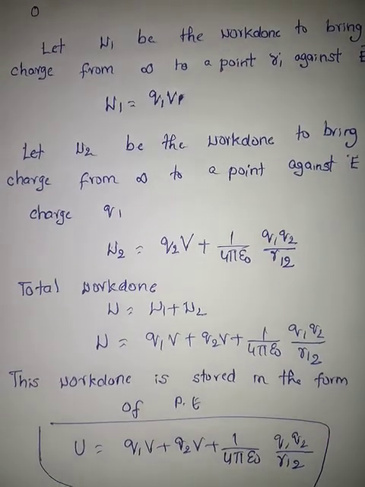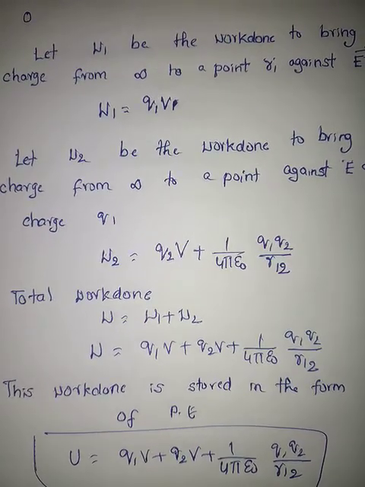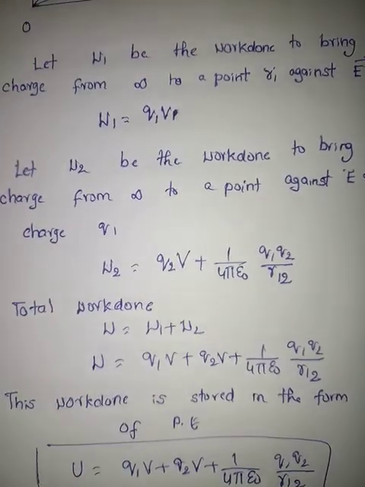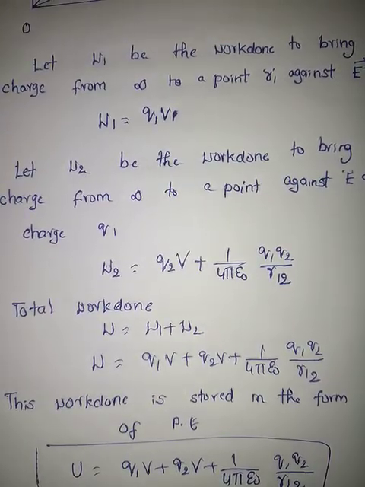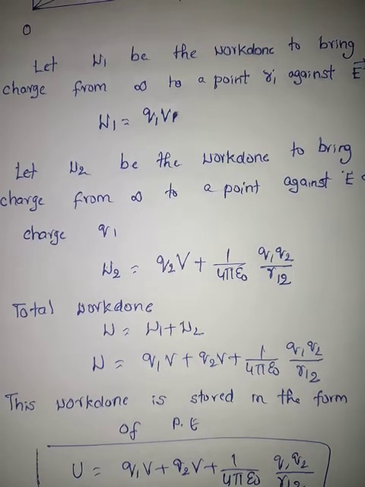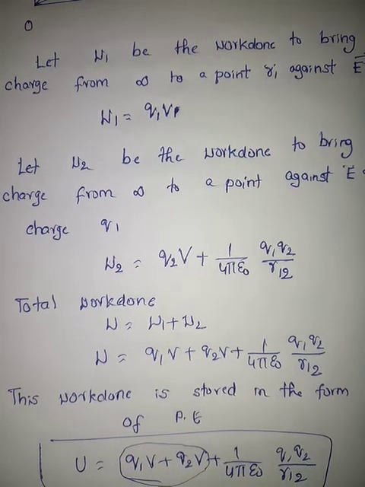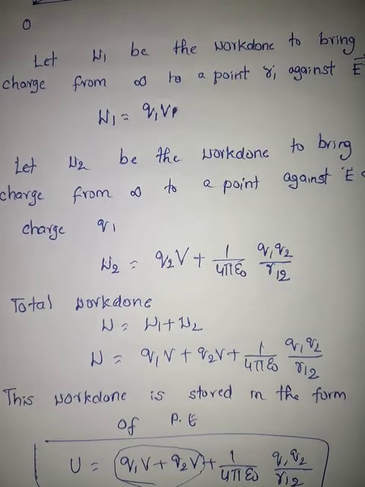So in the presence of an electric field, we have to do work against the charges Q1 and Q2, plus there is a potential energy between these two charges. This is the work done in the presence of an electric field, and that is in the absence of an electric field. In the absence of an electric field, there is no need to do work against these, so these two terms become 0. Is it clear? So these questions you should verify.